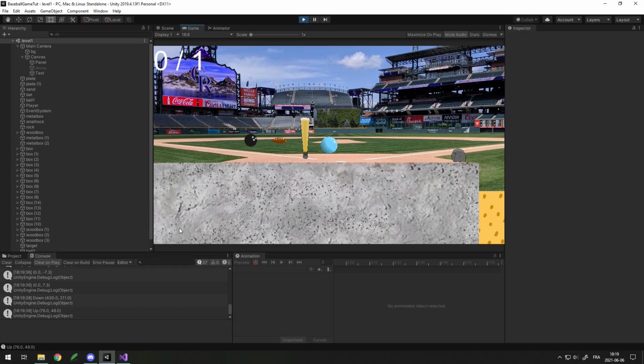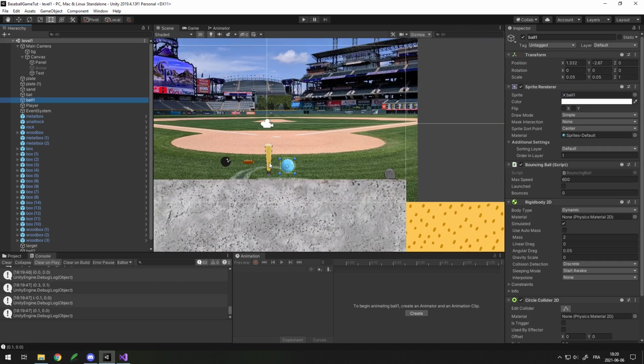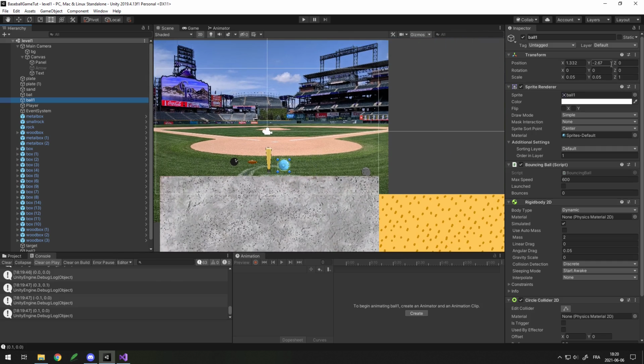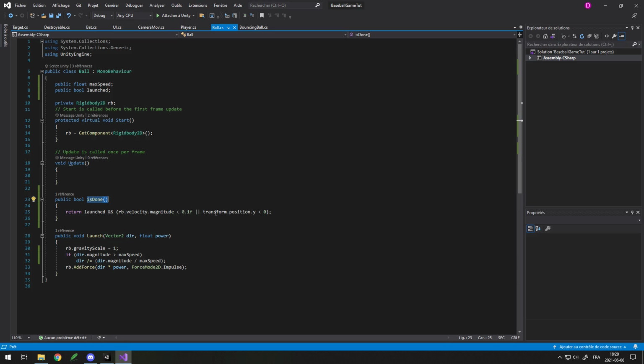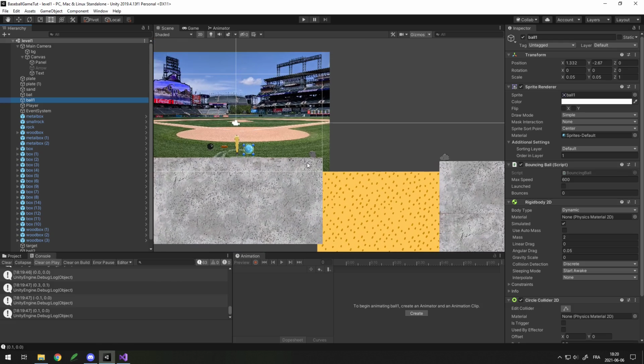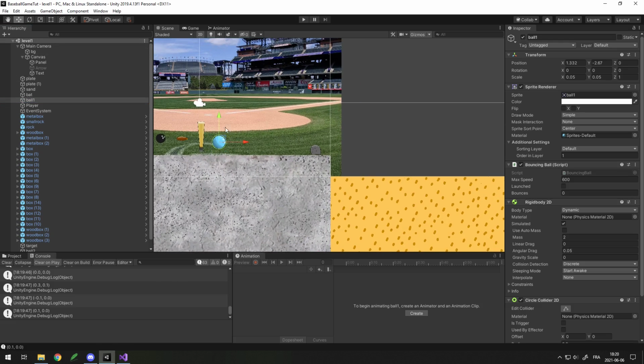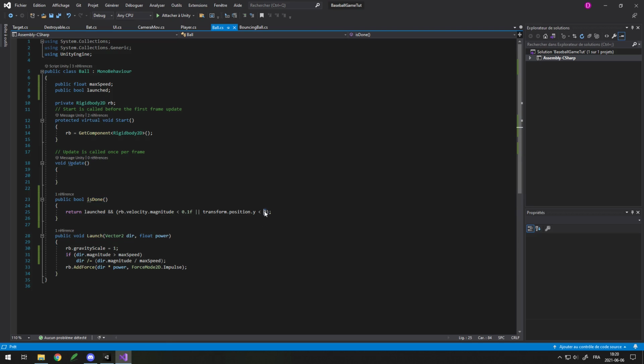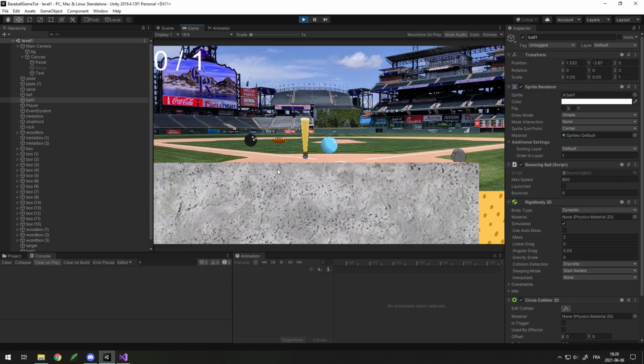Now if I shoot, it goes to the next ball, and that's because you can see here my player by default is at minus 2 y, and here I check if the transform position y is less than 0. So clearly 0 is not the line to go under the map. Let's do instead something like here, minus 5. So if I change it in the code to minus 5, now if I hit play with minus 5